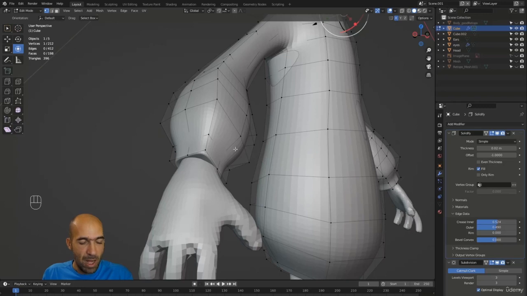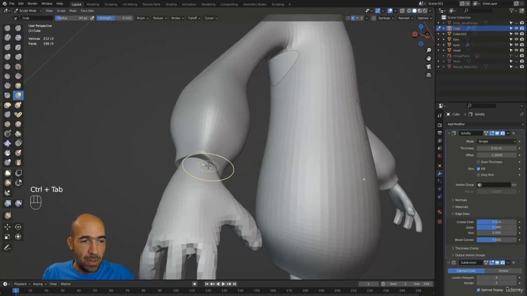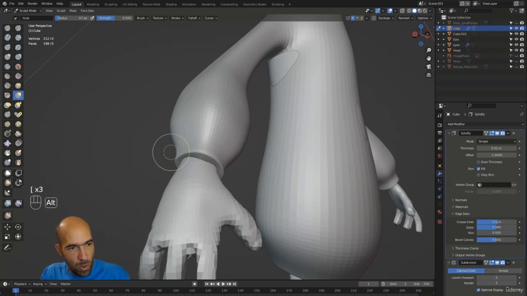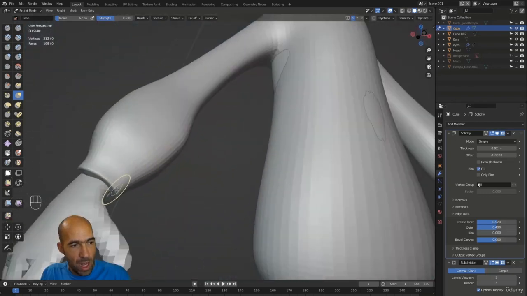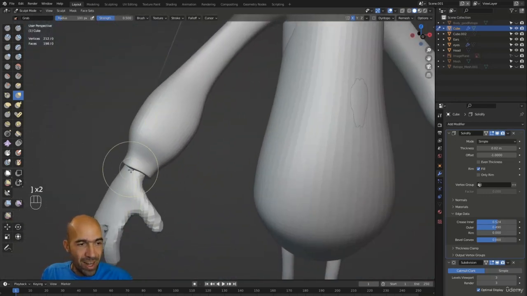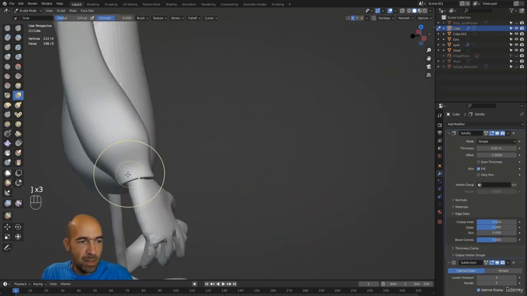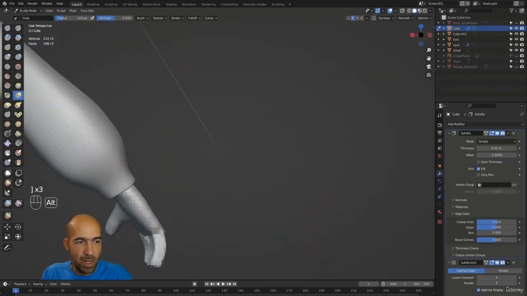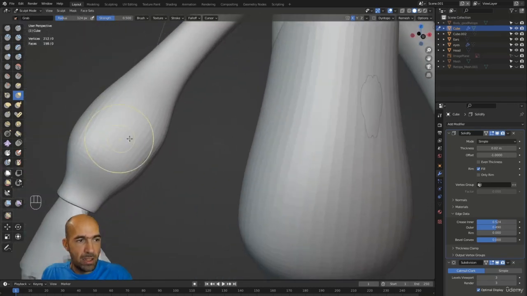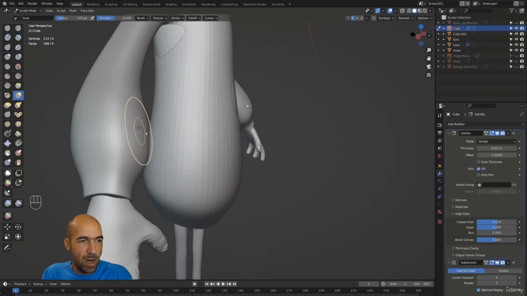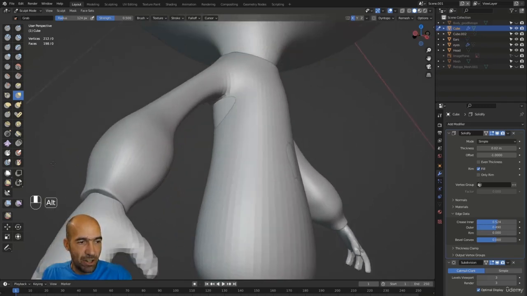So the next thing I want to do, I'll go to sculpt mode by just Control Tab and down, sculpt mode, and then in the sculpt mode with the grab tool, I can work on it and also see the results of my modifiers. They are there, the modifiers are there, and we can work on it and we can see how it will look when we actually subdivide it, because this subdivision modifier doesn't subdivide it really. It just shows how it will look when subdivided, which is great, and it's good for the beginning of the sculpt when we are still in the researching stage